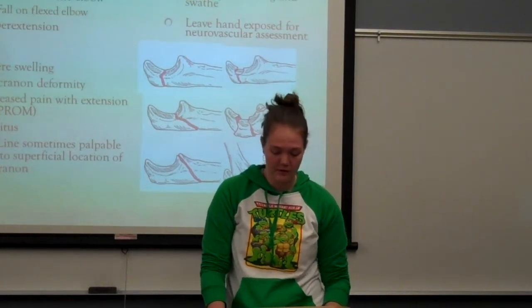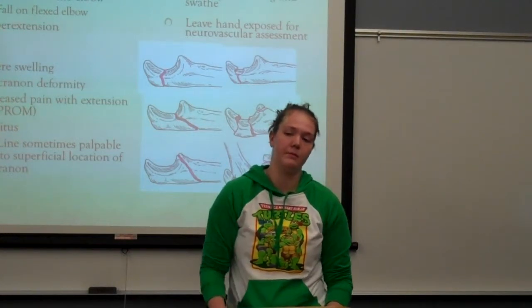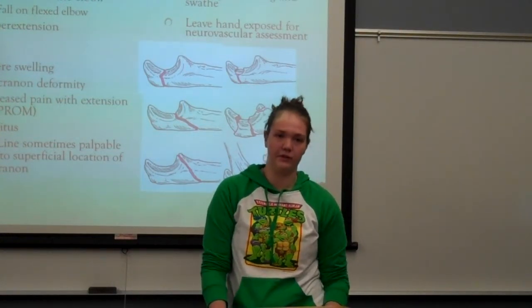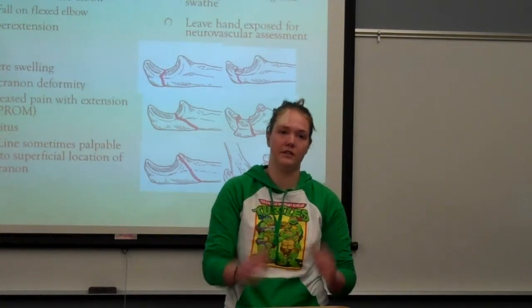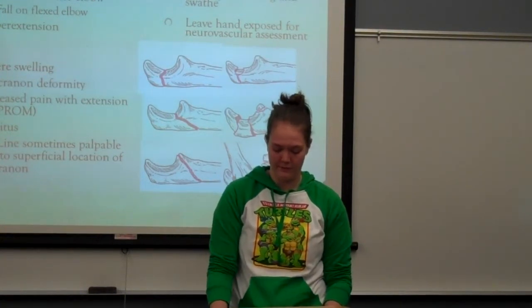fail as often. But that one also does, because it has the whole plate on the bottom of the bone, it also cause more discomfort if you're standing, sitting, leaning, and resting on the elbows. And those are just three pictures of the different types of